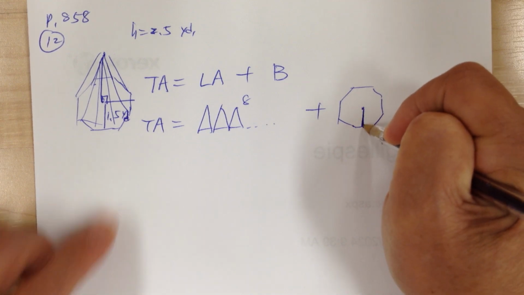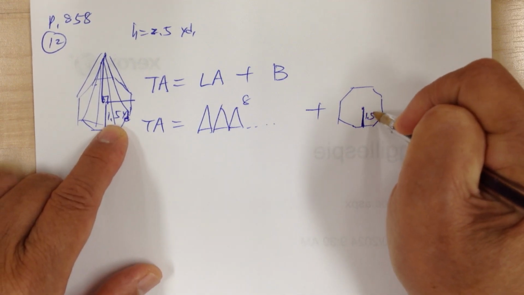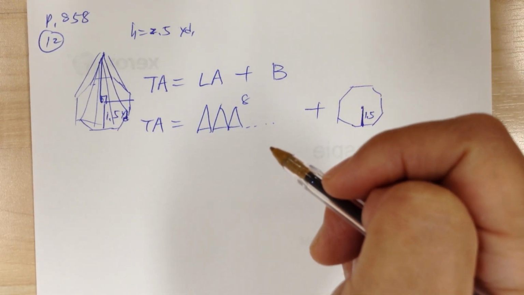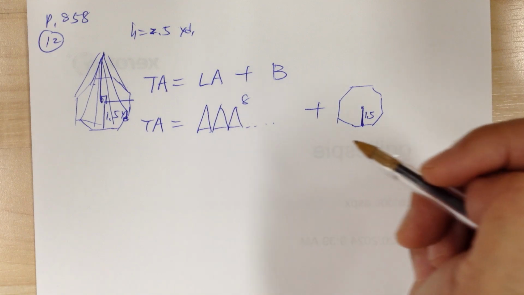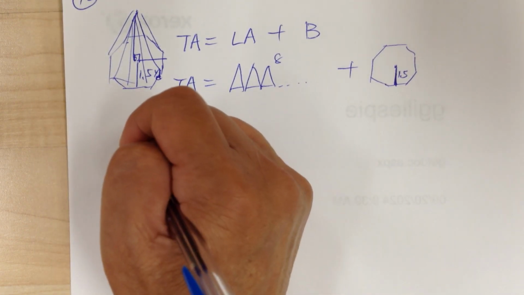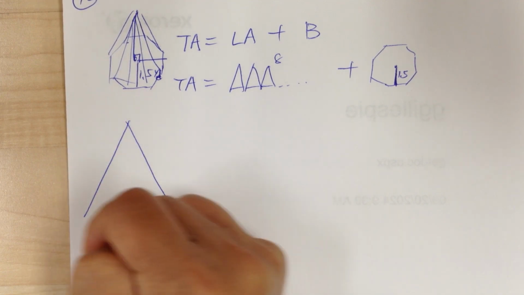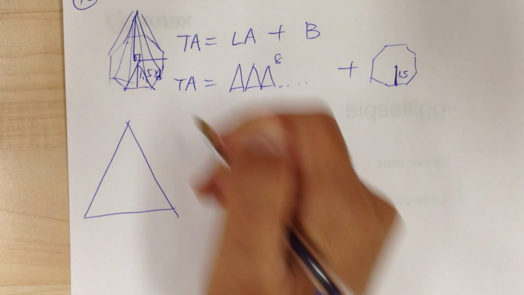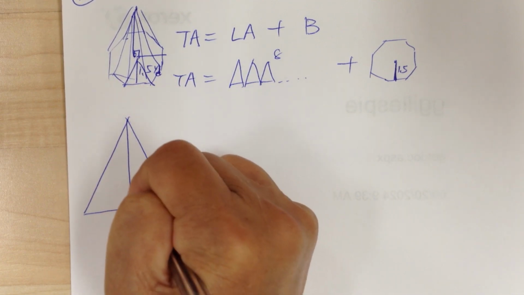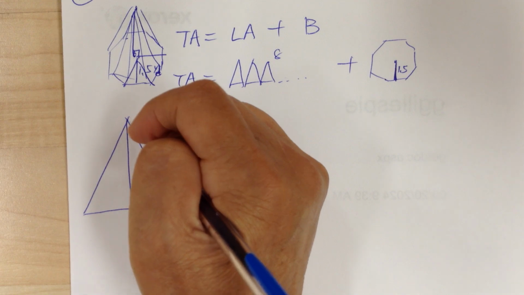So you said apothem is 1.5. Okay, and what else do we know? So let's go and just draw one of the triangles, one of the sides. Okay, so apothem is 1.5. Okay, now over here,